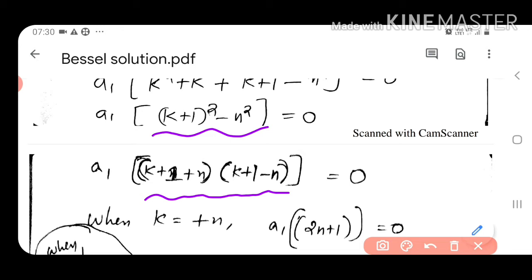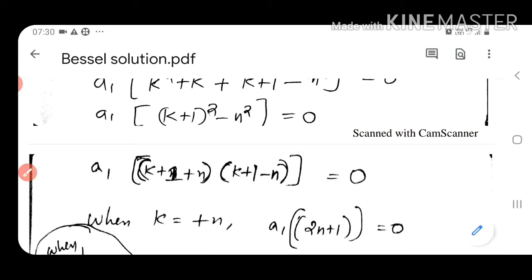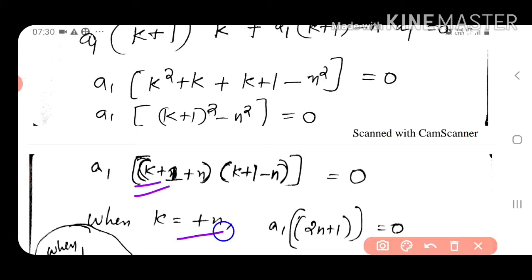And when k is plus n, you will have a1 into 2n plus 1 equal to 0. Okay, and if n is an integer, a1 has to be 0. If n is say some minus half, then 2n plus 1 will be 0, n is minus half, but a1 will be arbitrary, and we are choosing a1 as 0. Okay,